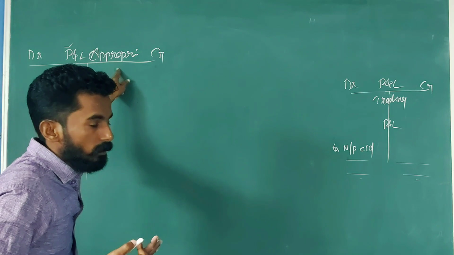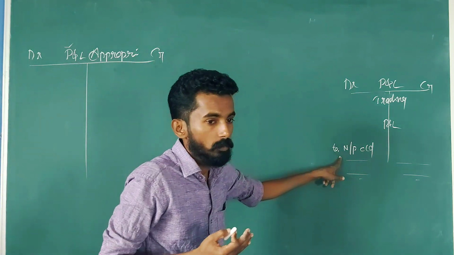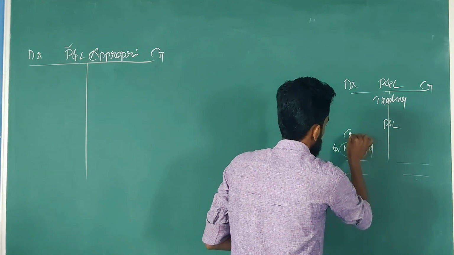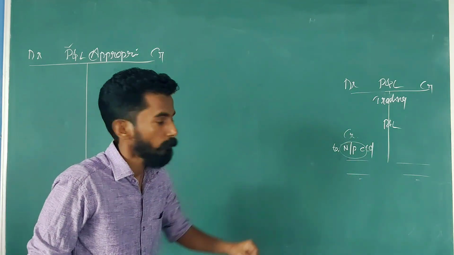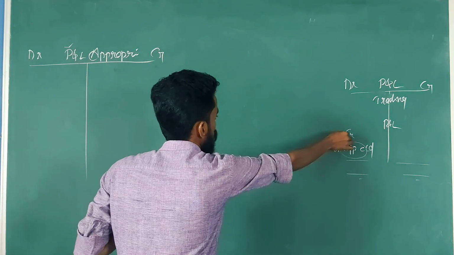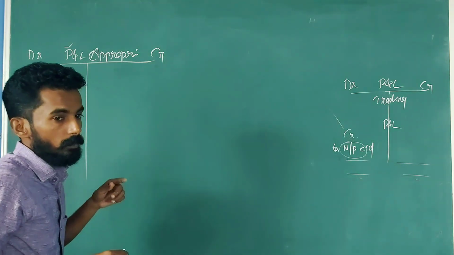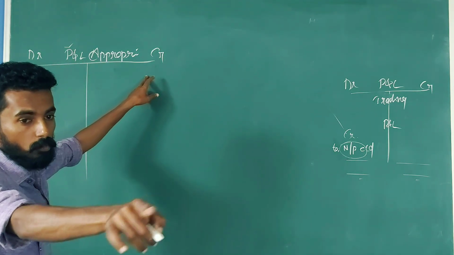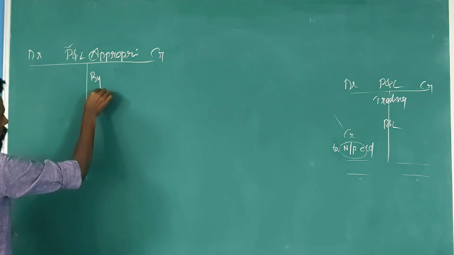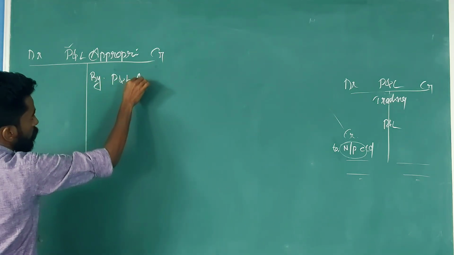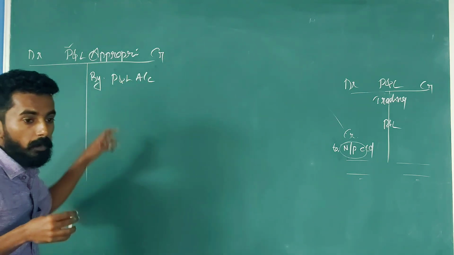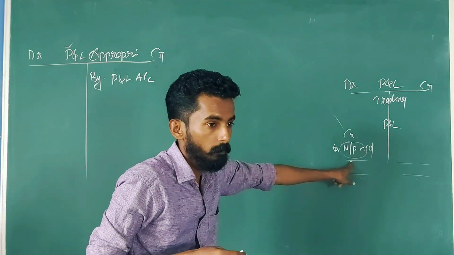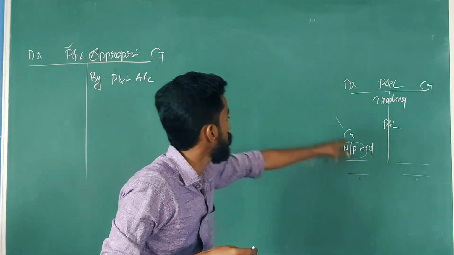Before that, we have already completed the topic profit. Which balance does profit show? Profit shows credit balance. Correct? If we are going to transfer this profit into appropriation account, which side do we have to write this? Credit side. We have to mention it in the credit side. By profit and loss account, you can see in brackets it is clearly mentioned that it is net profit transferred from profit and loss account into profit and